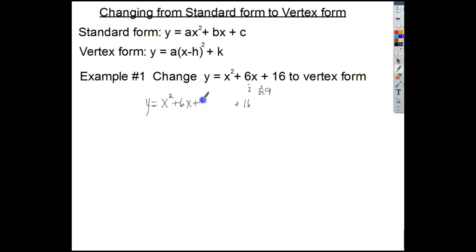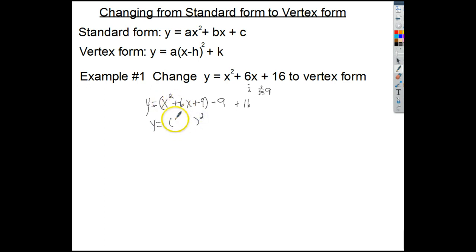Now, normally when we add something to one side of an equation, we add it to the other. But again, it's already just like we want the answer to be. So on this one, we don't add it to both sides, but we add it and subtract it from the same side. So the net effect of plus 9 minus 9 is adding 0 to the side, and it doesn't change the value, but it does change the way it looks. Then we put parentheses around those first 3 terms. That's a perfect square trinomial, so we have y is equal to, now what binomial squared is equal to this